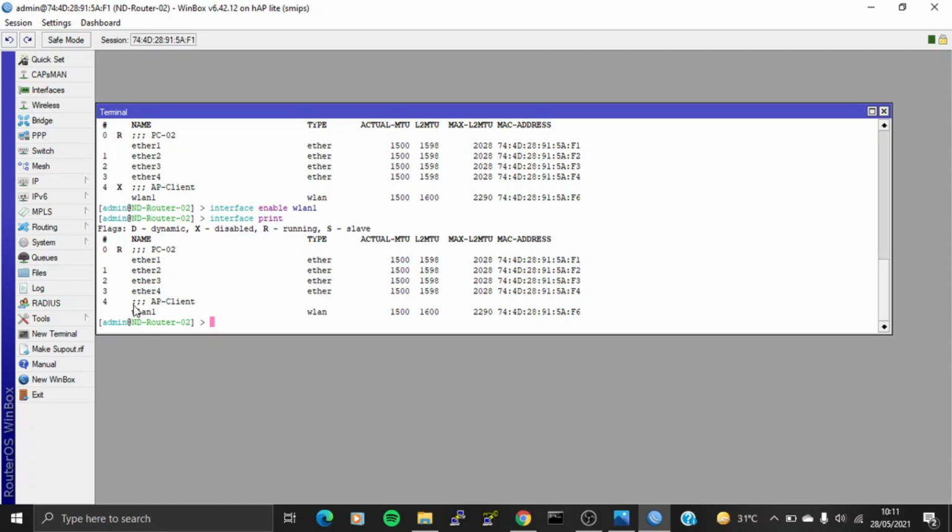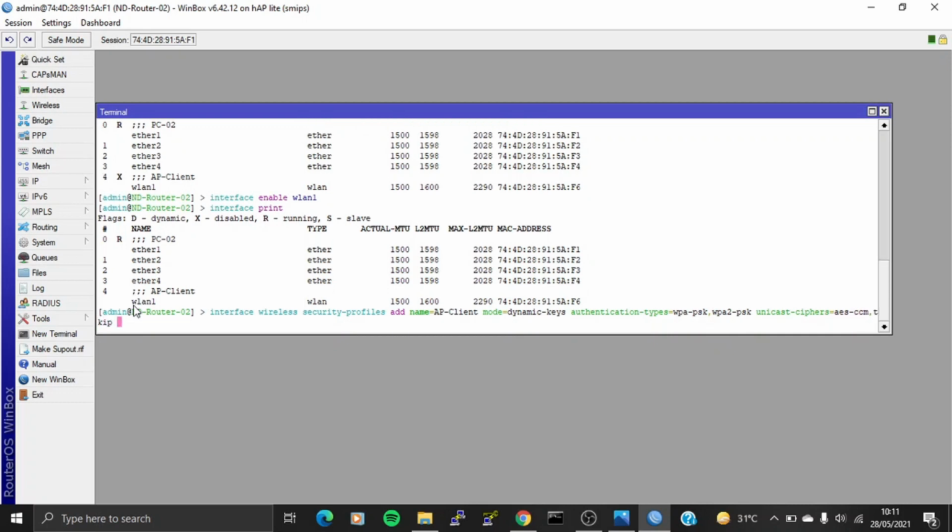Okay, and then we configure the security profile to make a password for wireless using the command interface wireless security profiles add name. In here I will use HP client. And the mode using dynamic keys, authentication type using WPA PSK and WPA2 PSK. Unicast ciphers using AES CCM, TKIP, and also group ciphers using AES CCM and TKIP. And then